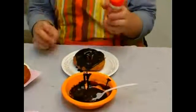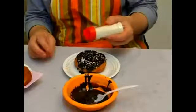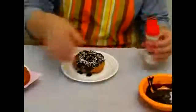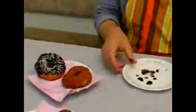Now I'm going to take the white candies, sprinkles, just sprinkle a little bit. That's one donut. And we'll take another donut,